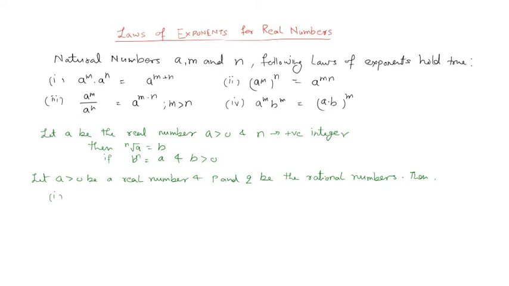First one is a to the power p times a to the power q equals a to the power p plus q. Second one is a to the power p to the power q equals a to the power p times q. Next one is a to the power p on a to the power q, that will equal a to the power p minus q. Next one is a to the power p times b to the power p. It will become a